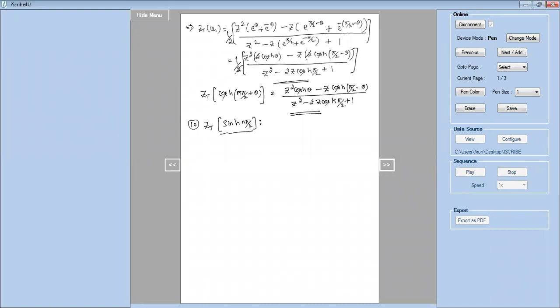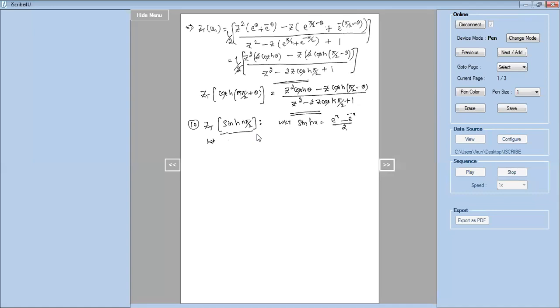Suppose guys, if this problem was given as a single problem, then you cannot directly use the formula. If it is a question of 7 marks, you cannot write the formula and the answer in 2 steps and complete the problem. Instead of doing that, we have to do it like a derivation only. We know that sinh x can be written as e power x minus e power minus x by 2. So in this form you have to simplify.